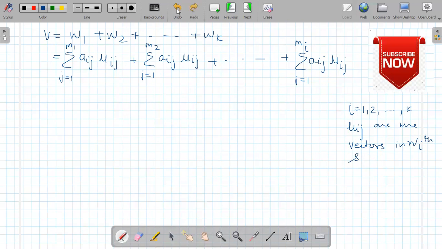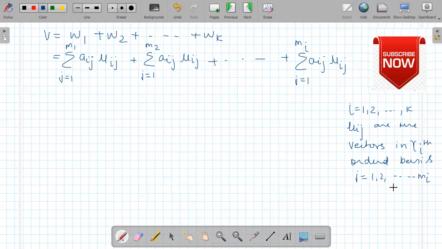Sorry, in gamma ith ordered basis. J varies from 1 to Mi ले सकते हो आप।